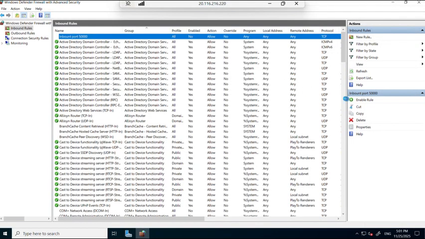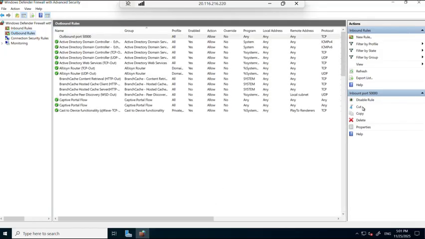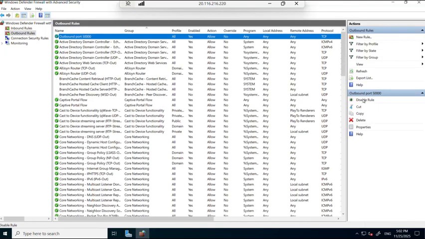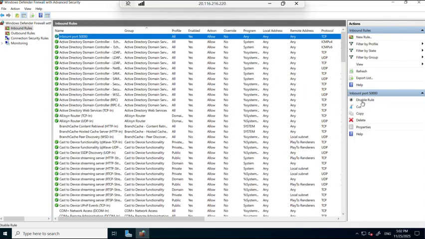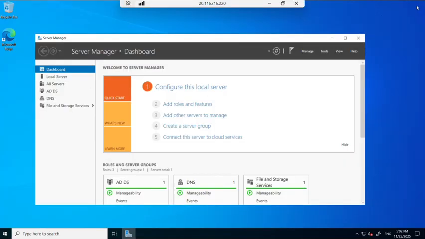I click on this one here, I can now enable it. And this one here, the outbound, I can enable it. Okay, so that is how that is done. They are now enabled. Because they're wide open, I really don't want them there. I'm going to disable them right now, just because it's safer that way. So now we're going to get out of the Windows Defender Firewall and Security